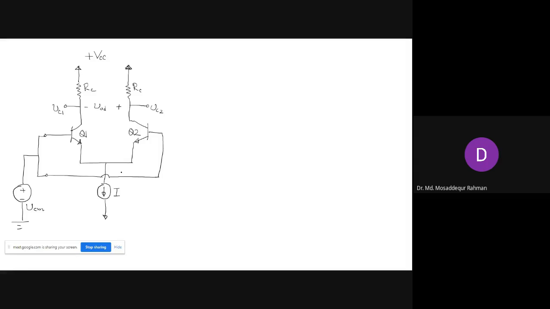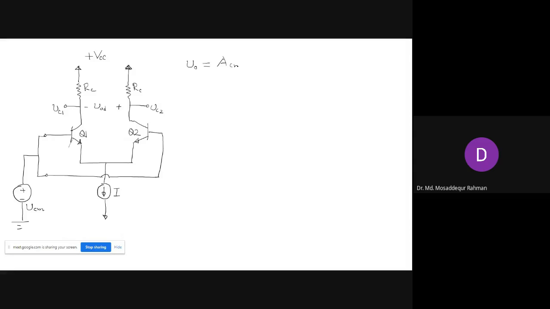So here we have a differential amplifier where we have a common mode voltage, the same voltage applied to both the input terminals. So it has only common mode voltage, doesn't have any differential voltage, and the output VC1, VC2, or VOD, any of these outputs will be due to only the common mode voltage VCM, because there is no differential input voltage. So we can analyze this circuit, and we can try to determine the common mode input,